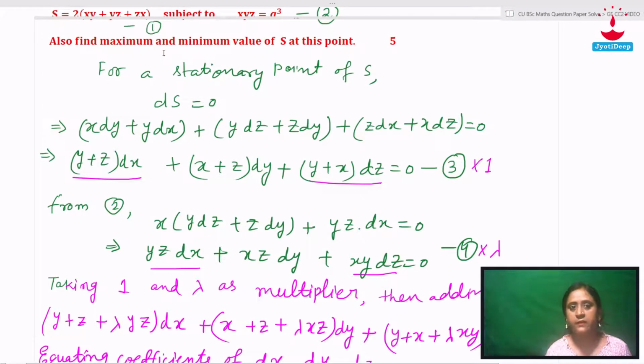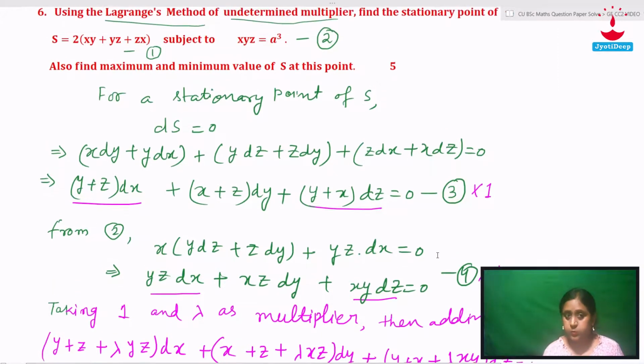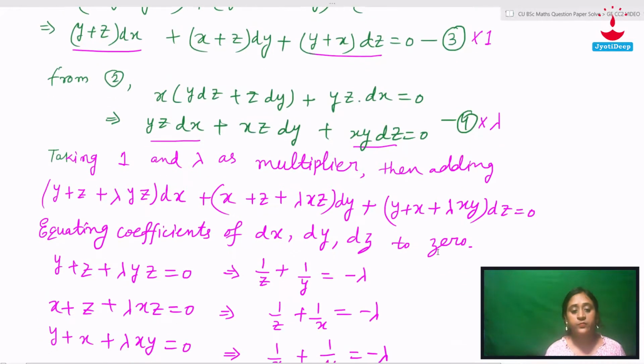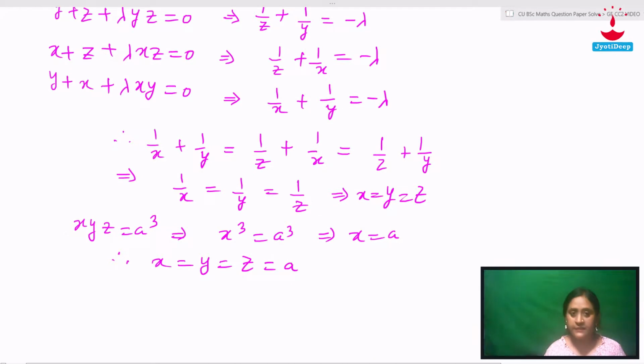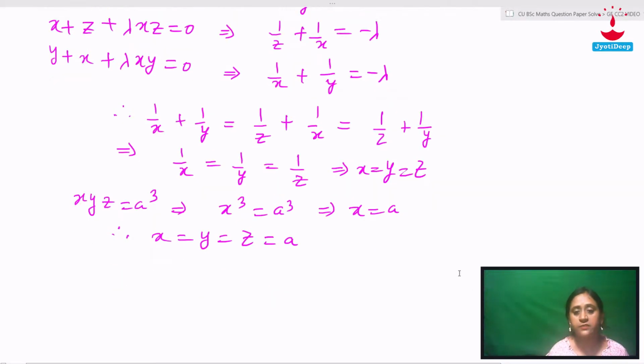Okay, now we are going to find out del s by del x, differentiation of s with respect to x, del 2s by del x square, del 2s by del y square, del 2s by del x del y. Okay, and before that we are going to use the equation number 2 as